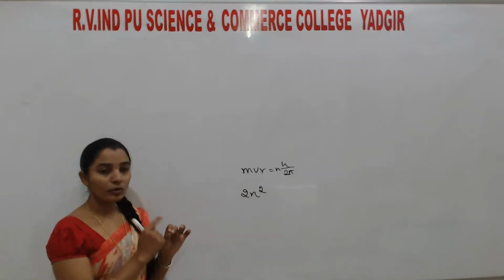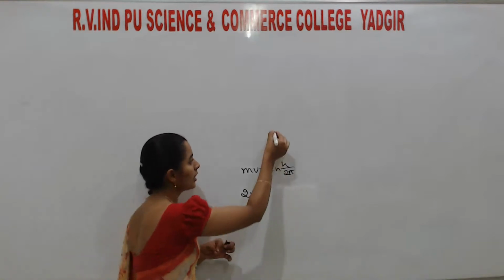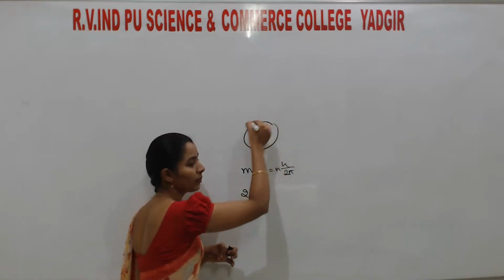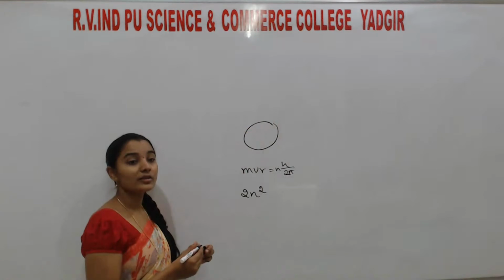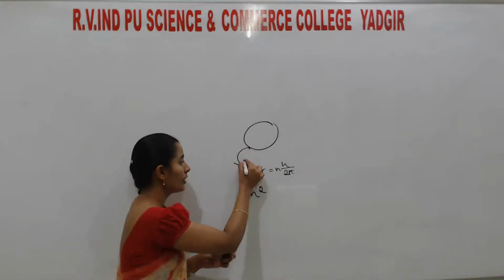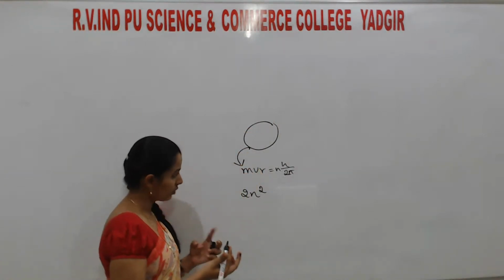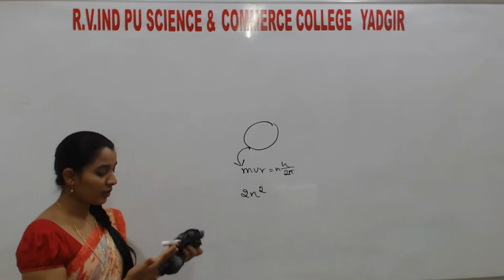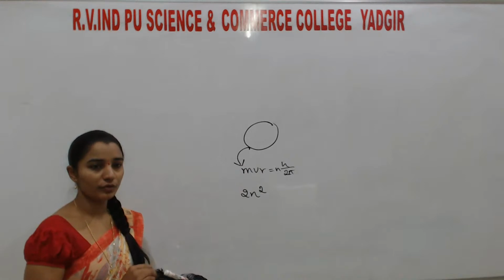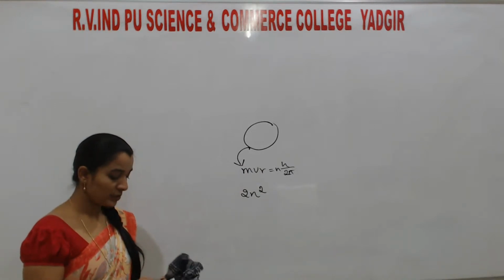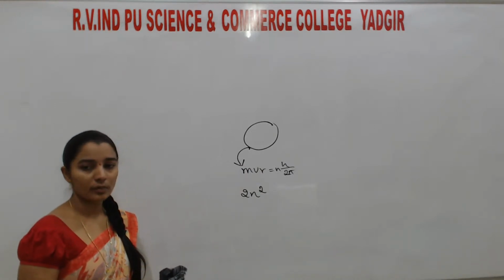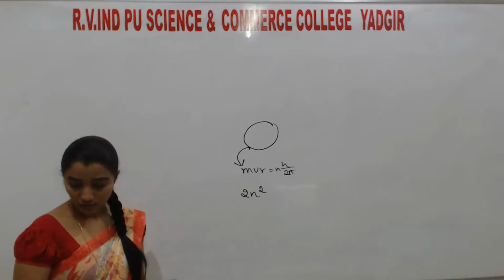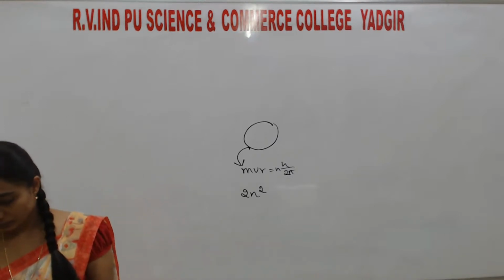The third one: around the nucleus, of course, they are revolving in a circular manner. When they accelerate, their angular momentum becomes mvr is equal to nh divided by 2 pi, where n is what? 1, 2, 3, 4, a natural number. Understood? And the next one is,